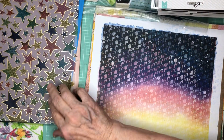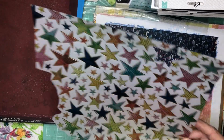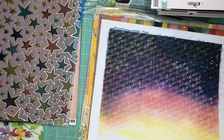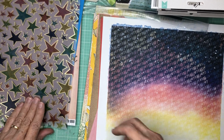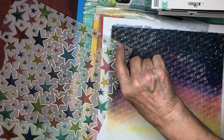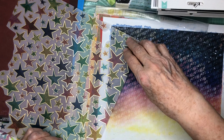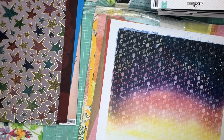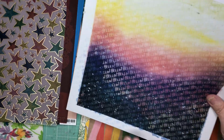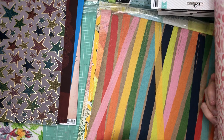There are the vellum stars that I have been fussy cutting. Of course, that's how I'm probably going to use that. I may cut a strip. That's why I kind of hate that I did this one, because if I cut a strip and use it for a double page spread, I'm going to cut the tips off a lot of the stars, so I may just use one. This one I absolutely love, and this is the, and I don't like this, so